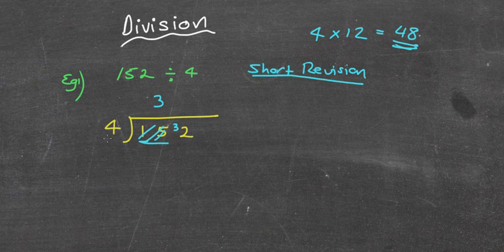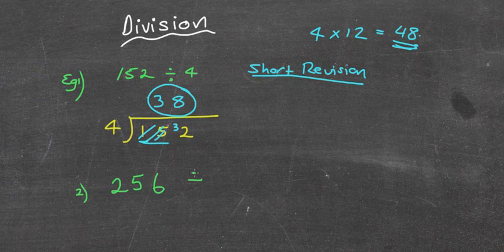So the question I now ask myself is, how many times does 4 go into 32? Well, it goes in 8 times. Therefore, I've got my answer of 38. Not hugely different to long division, but certainly, guys, it's a lot quicker. I'm going to choose the next one,